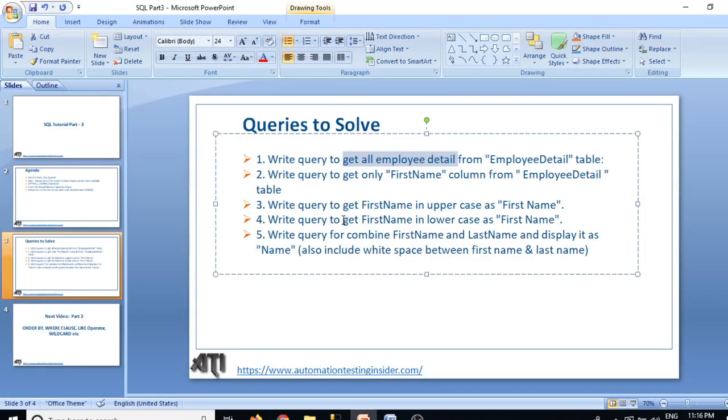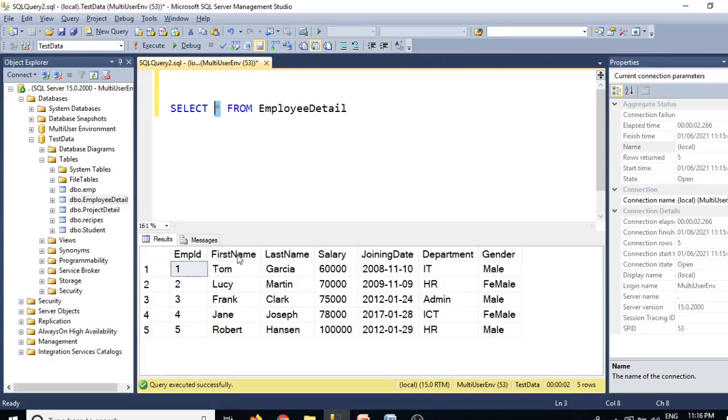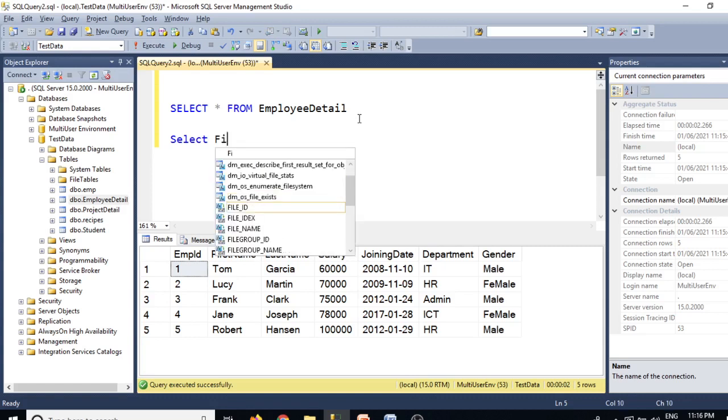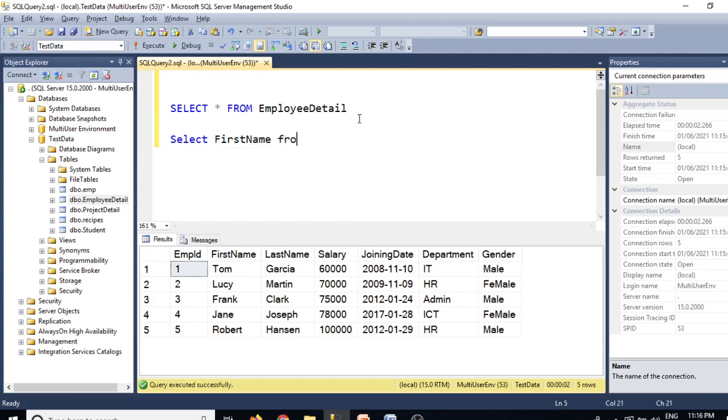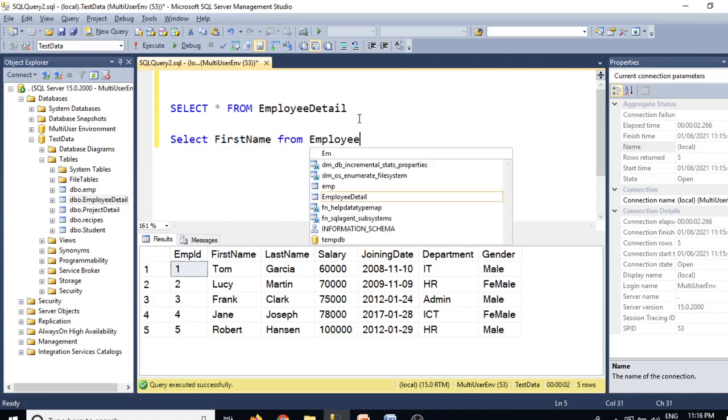So what is the next? Write a query to get only the first name column from the employee detail table. We have the first name column here. So I'll write the second query. We have the column name as first name from employee detail.